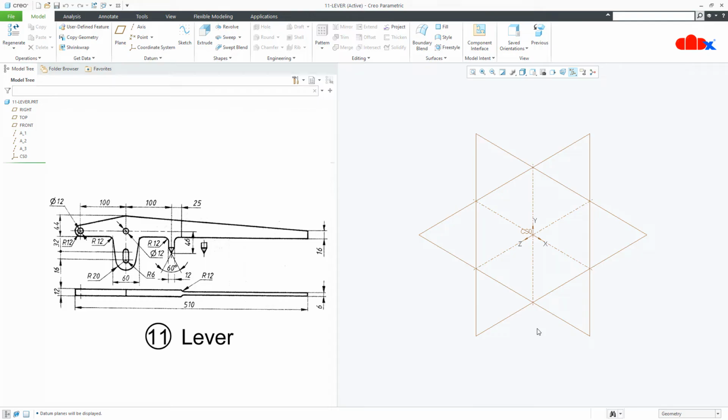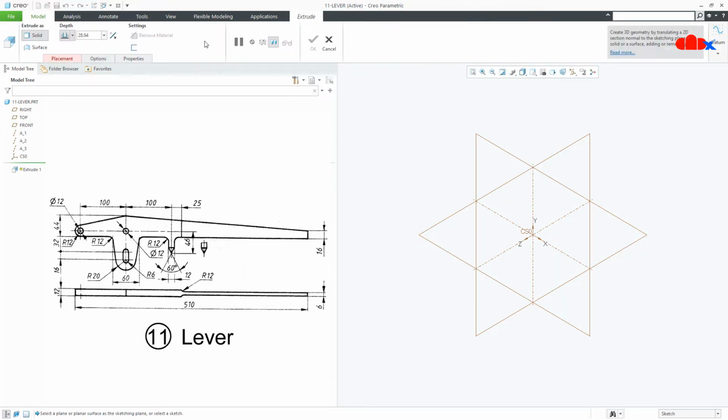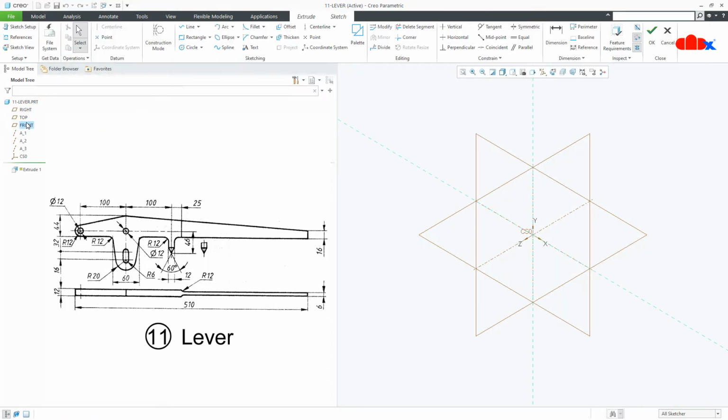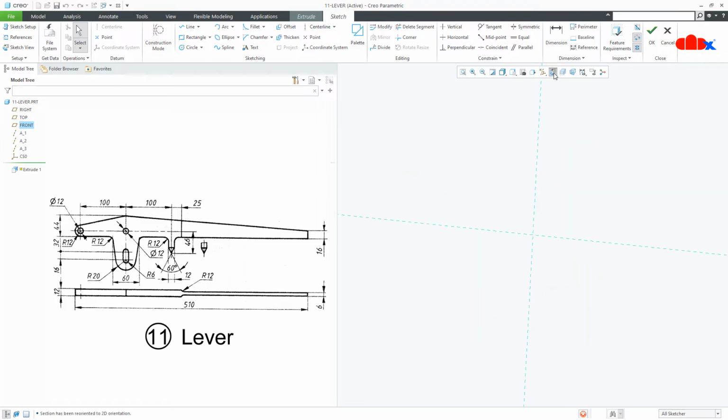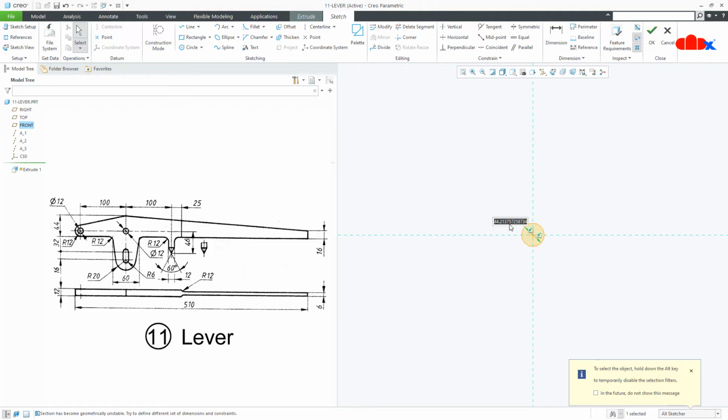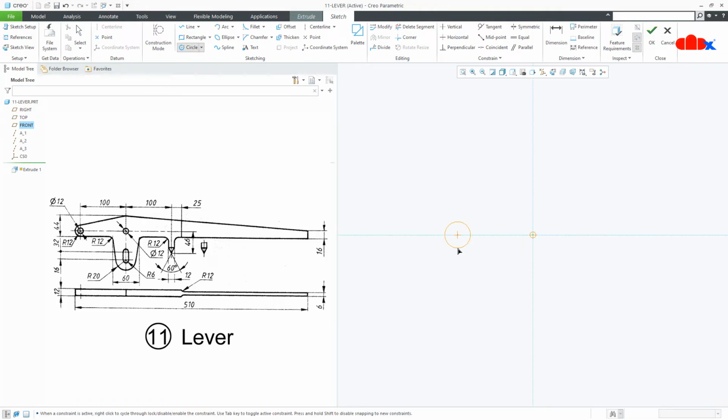Now to create this part, I will go to extrude onto the front datum plane, normal, switch off the datums. Now add a circle here, this is dia 12, one more circle somewhere here, this is also dia 12.